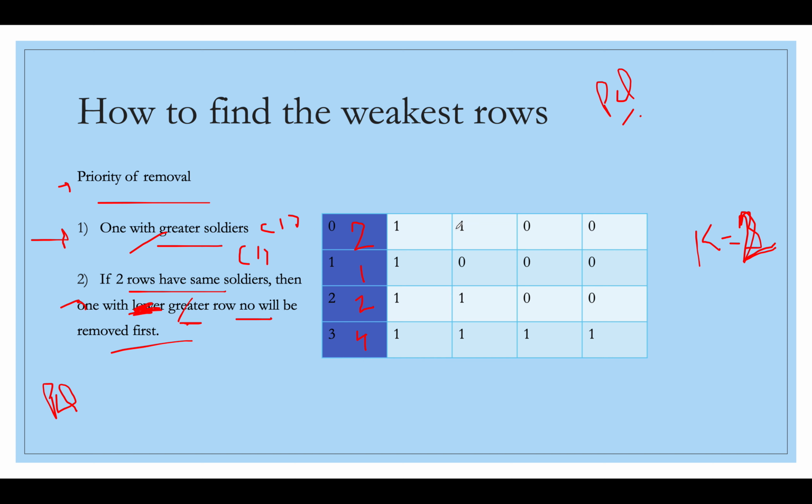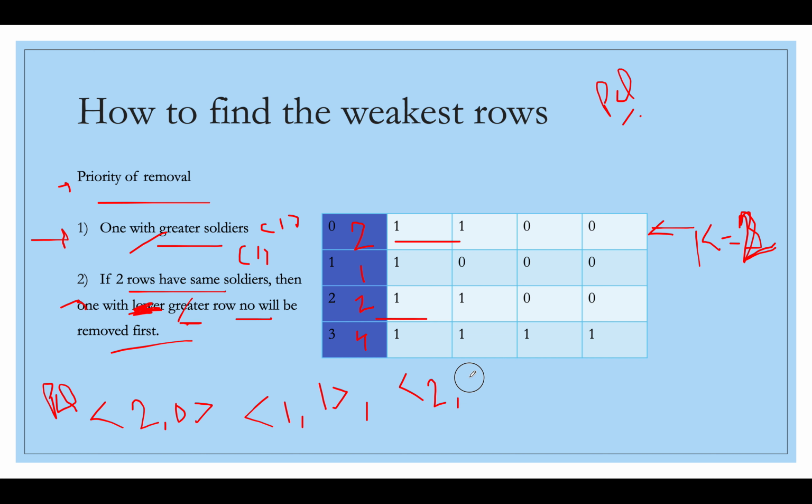So what we will do, we will start the iteration in the first row. We'll count the number of ones. The number of ones is 2. We'll add it in the priority queue, so it gets 2 comma 0. Now k is still not lower than the size of the priority queue, so simply move ahead with the iteration. Next we have 1 comma 1, because the number of ones is 1 here. And let's move to the third iteration where 2 comma 2 has to be added.